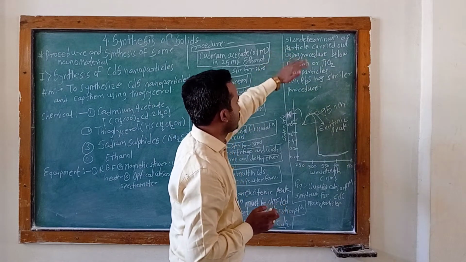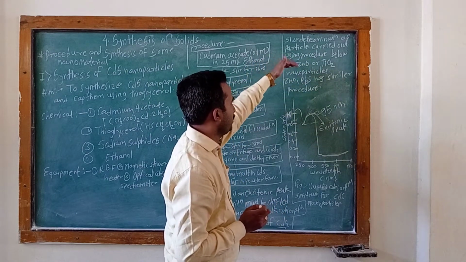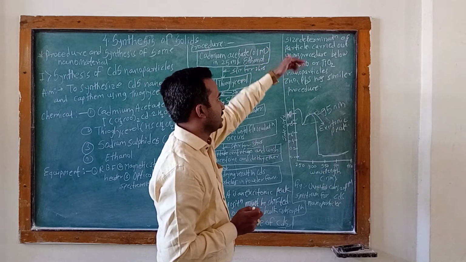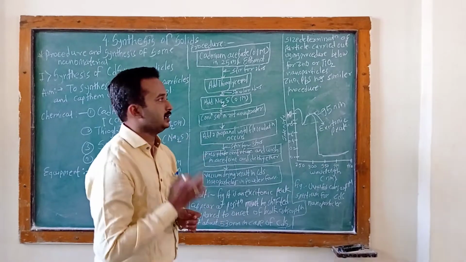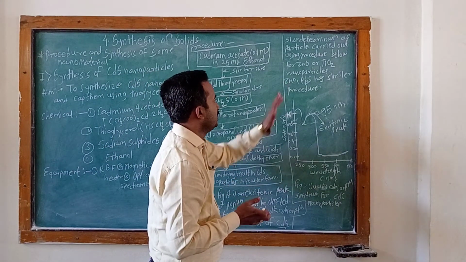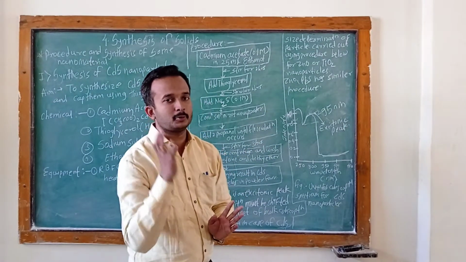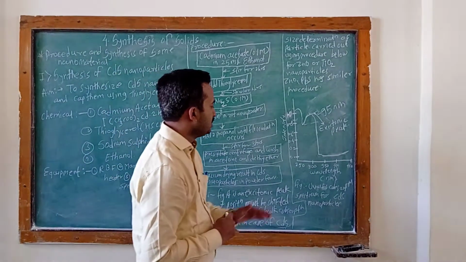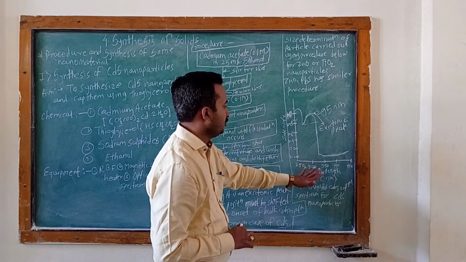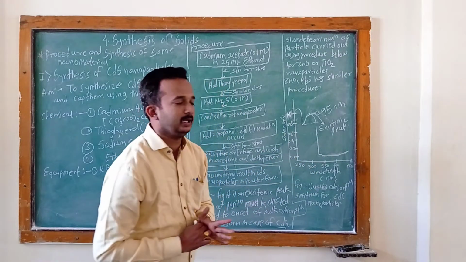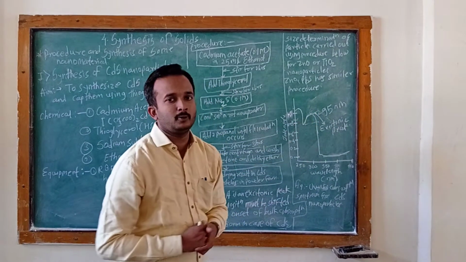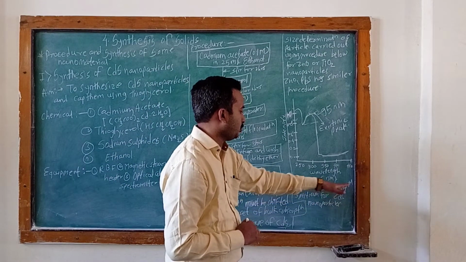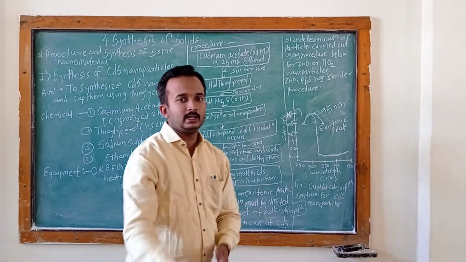For zinc oxide or titanium dioxide nanoparticles, the procedure is the same. Zinc oxide and tin sulfide have a similar procedure to synthesize them. This is the graph of wavelength versus intensity. It shows the excitonic peak, and it is a UV visible absorption spectrum for the cadmium sulfide nanoparticle.